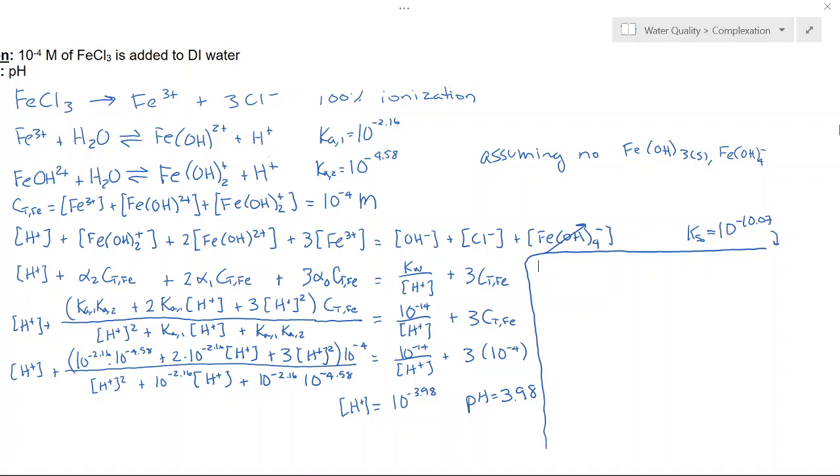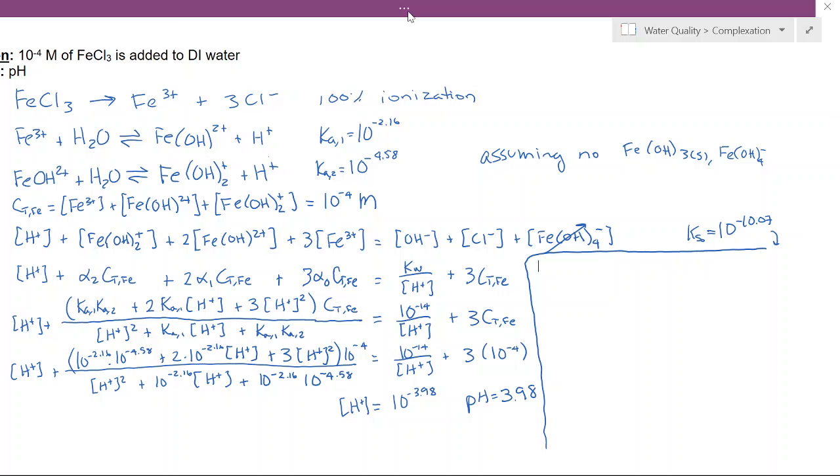Now I'm going to check to see if precipitation is occurring in this system. To do that, I'm going to calculate the Q value of this system, and then I'll compare it with the K, or the equilibrium constant. So we want to see whether or not precipitation is occurring. So first of all,